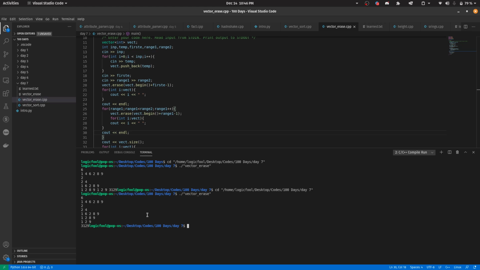Okay, so now we pop from 4 again. Oh my god, I see now. Actually this should work properly. It popped from the second place, so now it's 1289. And now if it wants to pop from the second place again,